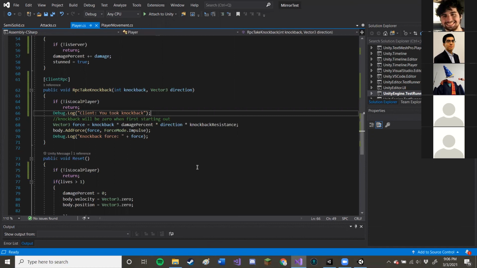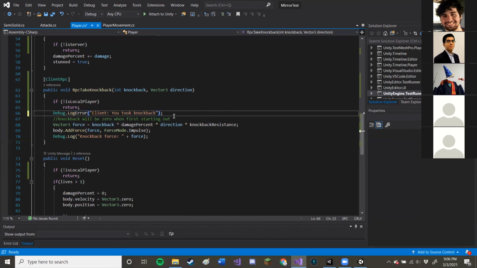If it's not the local player return, client you took knockback. Well, you put debug.log instead of debug.log error, so it wouldn't show.